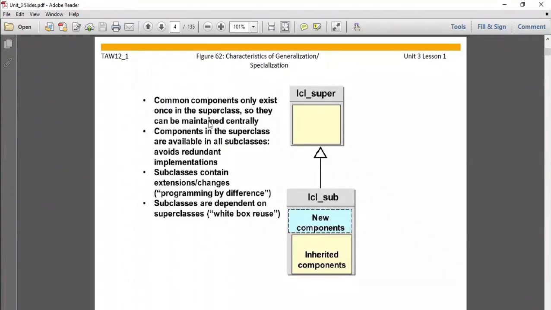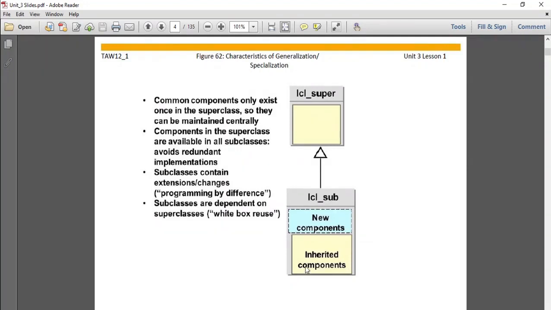We can add some components into the base class and inherit them into the derived class. So the base class can have components, and the derived class can have the components of the base class as well as new components. When we use the inherited components from the base class, that is the concept of reusability.